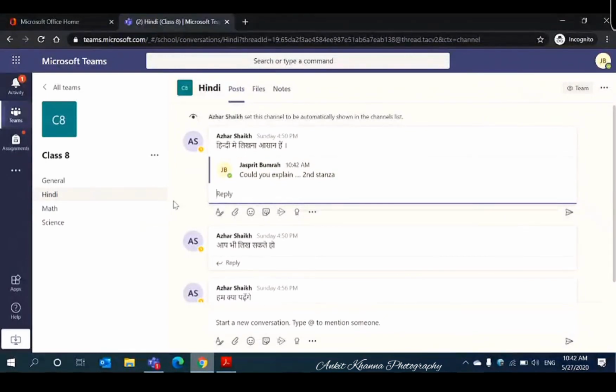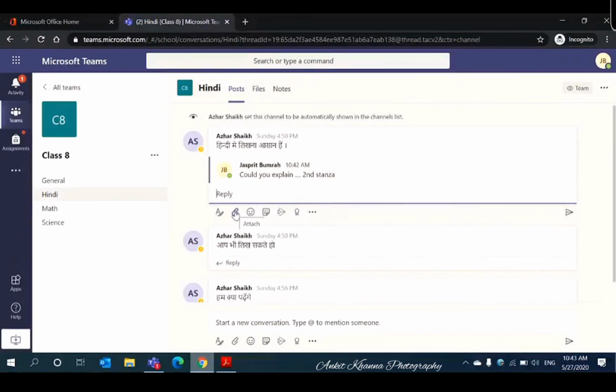Even a student can attach a file. So if you are having a doubt and you are doing, let's say, any equation in mathematics, or maybe any experiment in science, and you found some difficulties you are facing, you just want to click a picture of what you are doing, or maybe the PDF file that you are reading. You can just click the picture, attach it, and ask the teacher, ma'am, here I have stuck. Please help me, or please guide me how to go further.